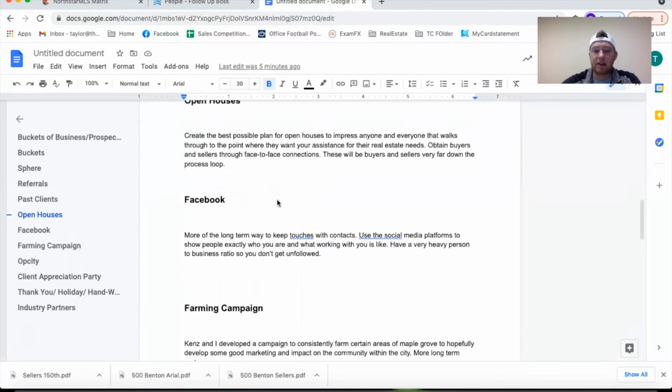The next piece is Facebook. It's a little bit different nowadays with social media, with everything that people can leverage, from just organic traffic to advertising, to sponsorships and different sponsored ads that you can place on Facebook to try to generate what would normally be a colder lead. It might have a lot of traffic. You'll probably get a lot of different paid lead ideas through Facebook. They take a lot more time to convert, usually at a very, very low conversion rate, but it's a cheaper way to get contacts into the database.